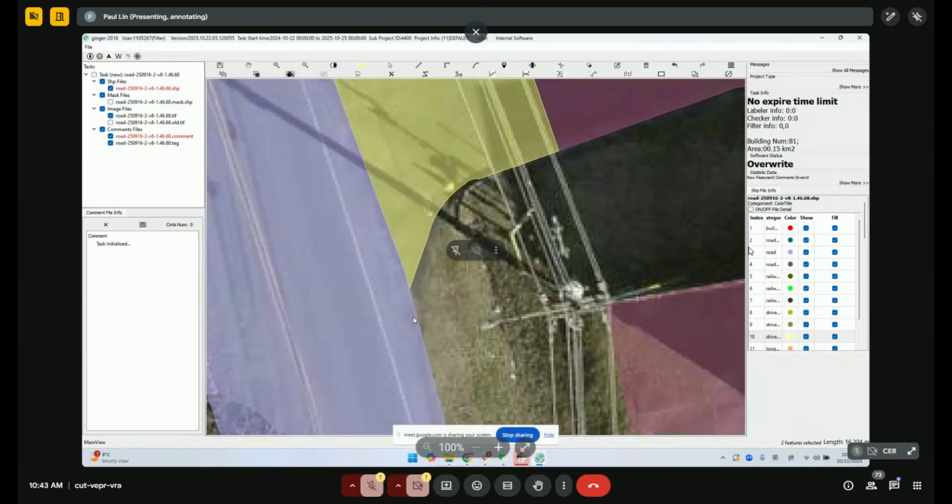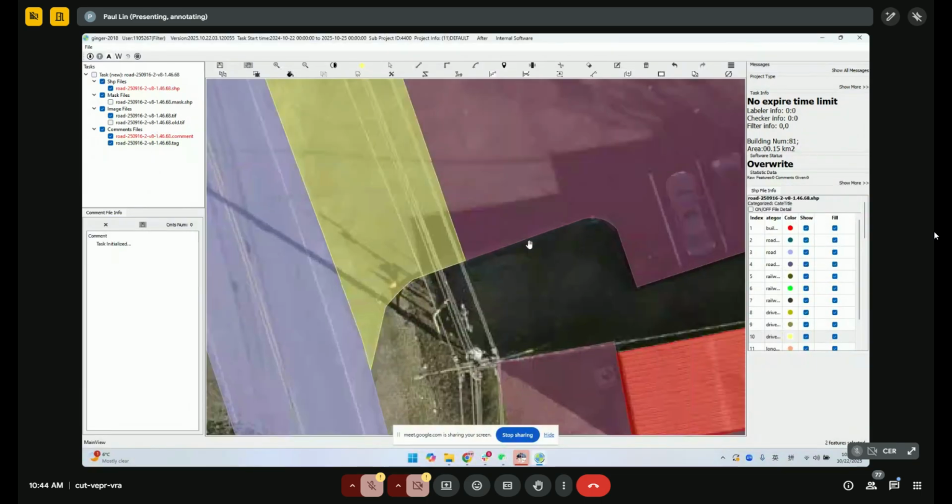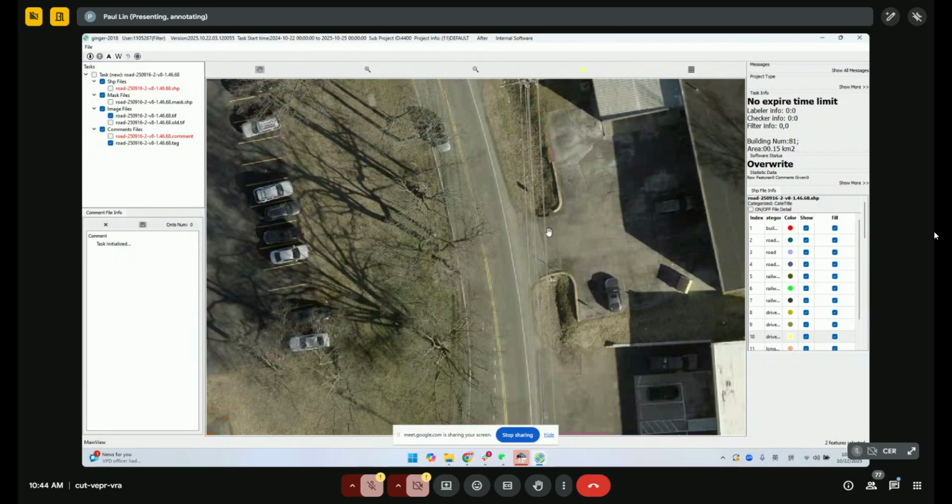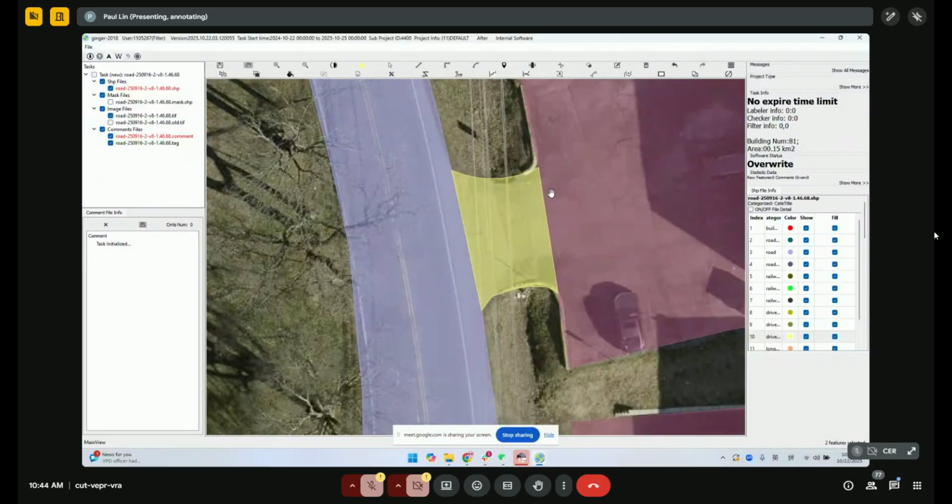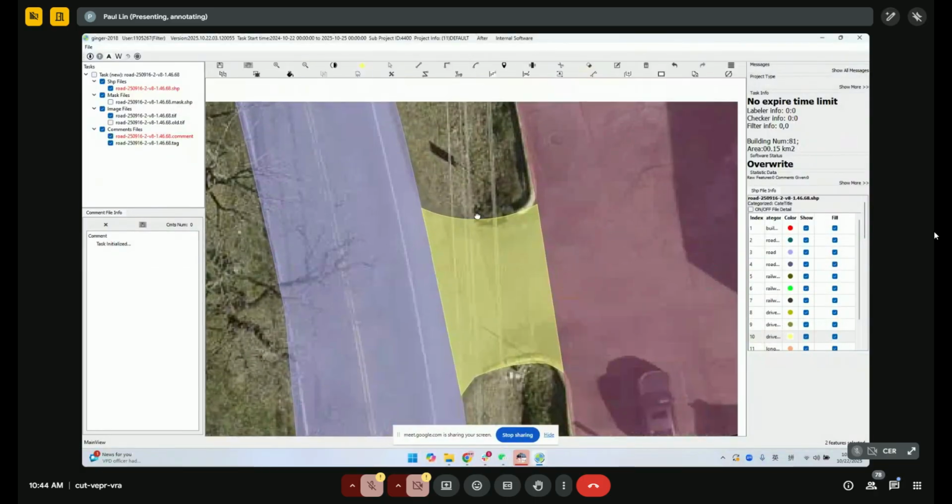You see? So I am fixing every detail in this task. All the features, all the man-made features, they have to be perfect on the boundary.